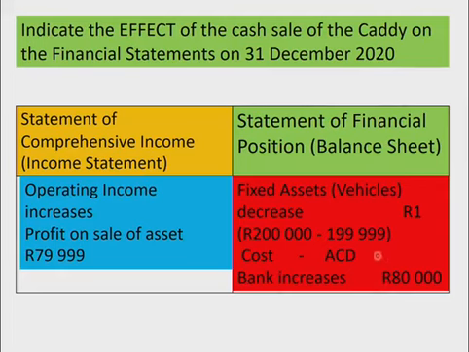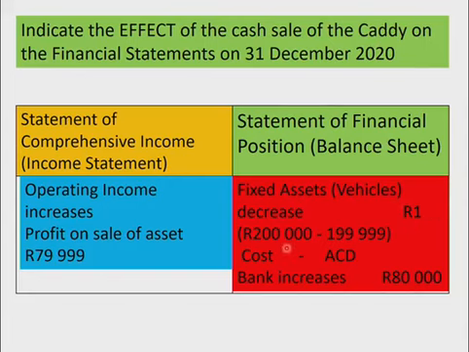So I need to make sure that everything is in balance. So if I take the 80,000 and I take away the 1 rand, I'm left with 79,999. A bank will increase with 80,000 because I sold it for cash. I'm receiving the money, but my fixed assets will decrease with the carrying value of 1 rand,